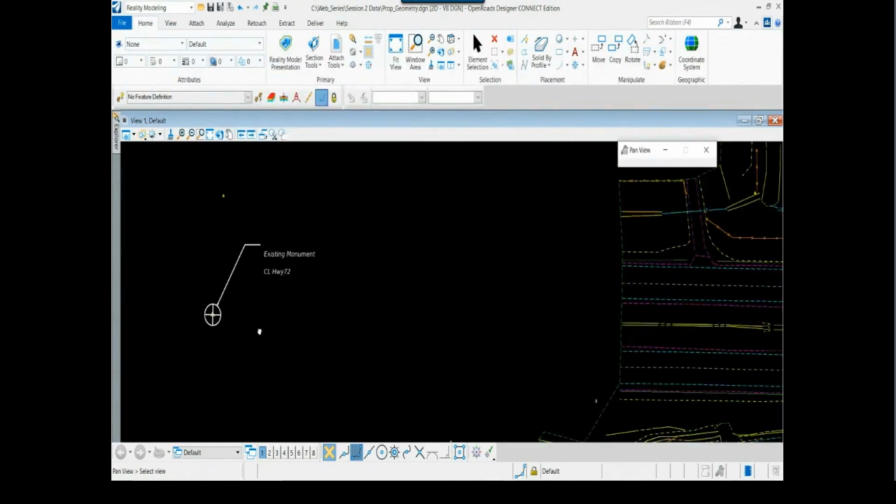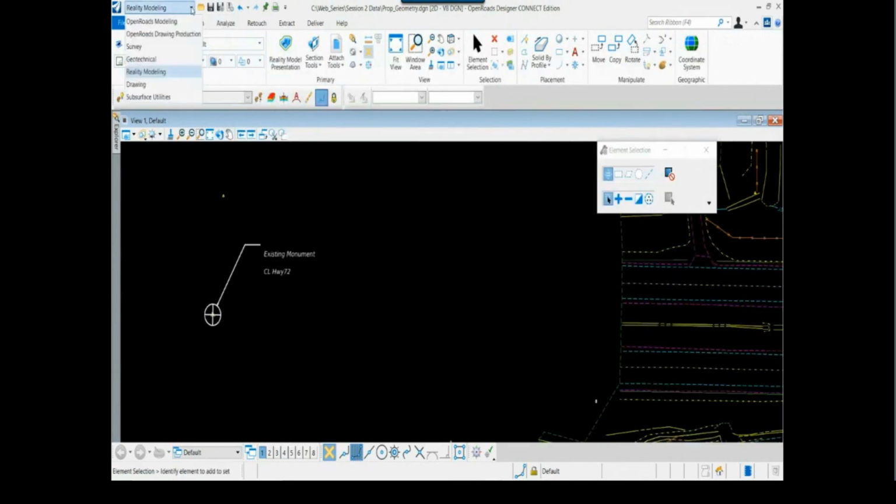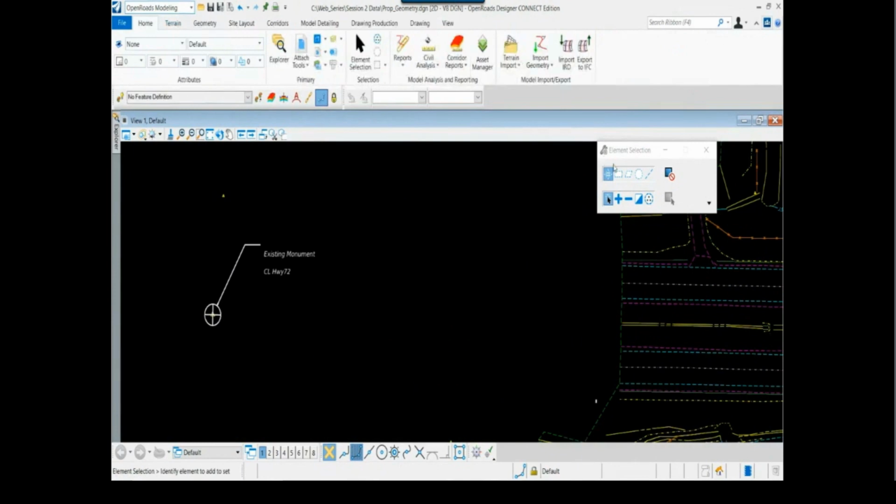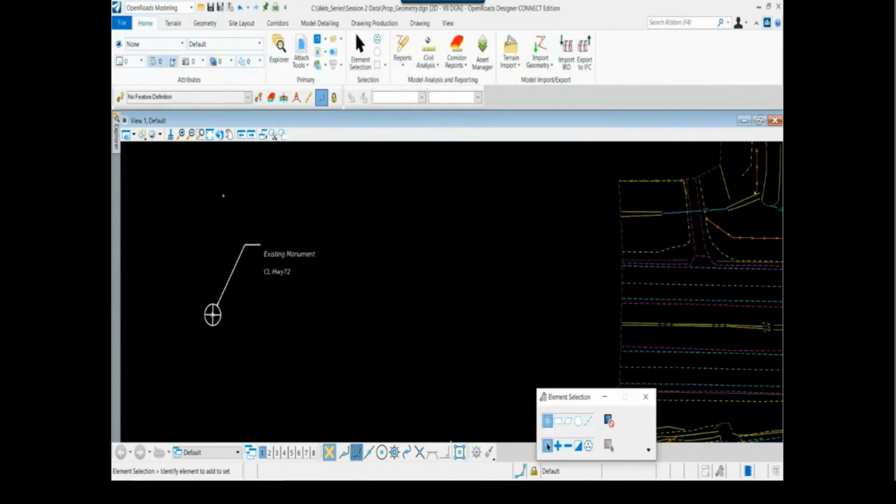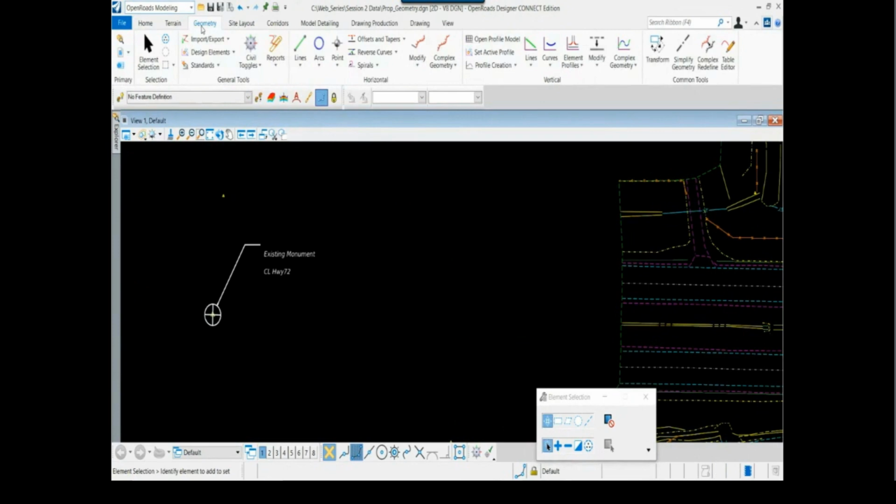So I'm going to go to the OpenRoads modeling workflow, go over to the geometry tab, and again, I'm going to lay this out graphically by elements, meaning I'm going to draw tangents, I'm going to draw arcs, and so forth, and then put them all together in an alignment, adhering to that known bearing distance, curve radius, curve length, and so forth. So to begin, again, we're on the geometry tab. We'll get on this area under the geometry tools, and we're going to begin by just placing a